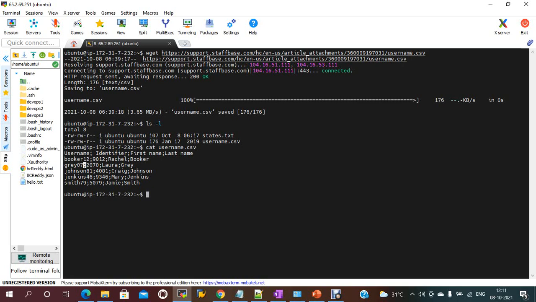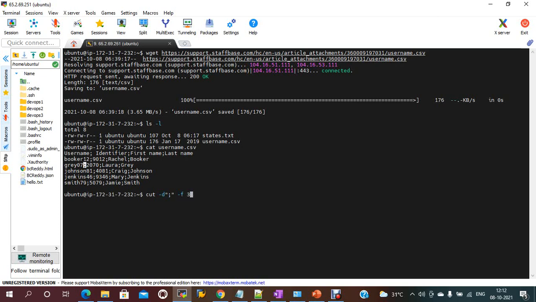Now I need to display the specific column. Hyphen d means delimiter separator, the default delimiter is tab. F means field. So I need to use cut -d, and here my delimiter is semicolon, and I need to display field 3.